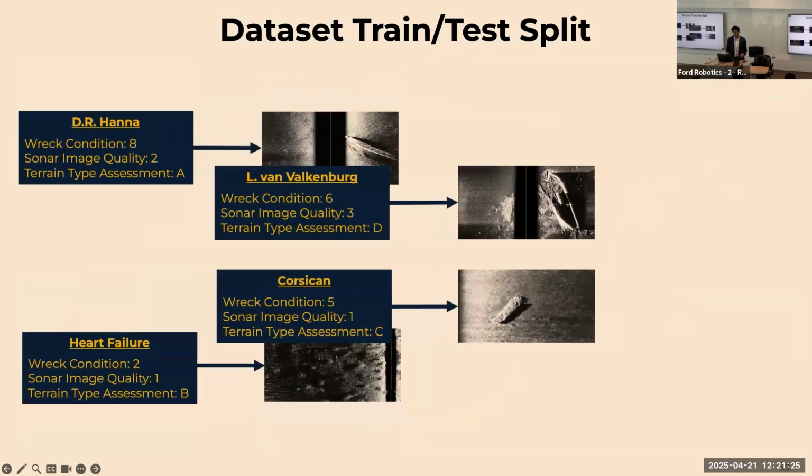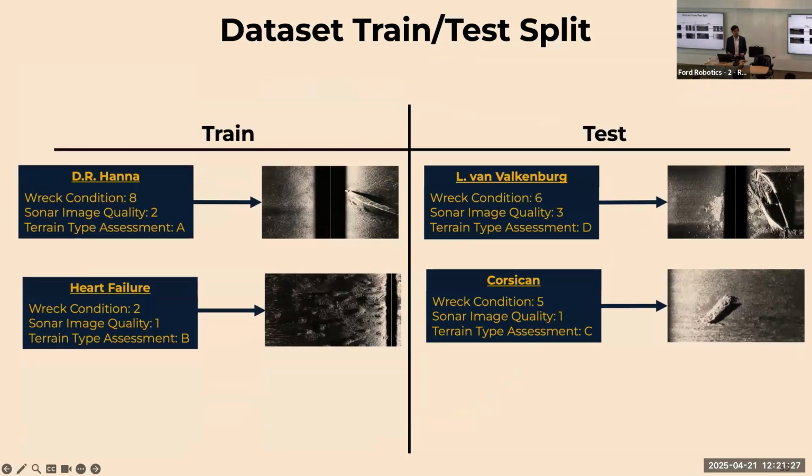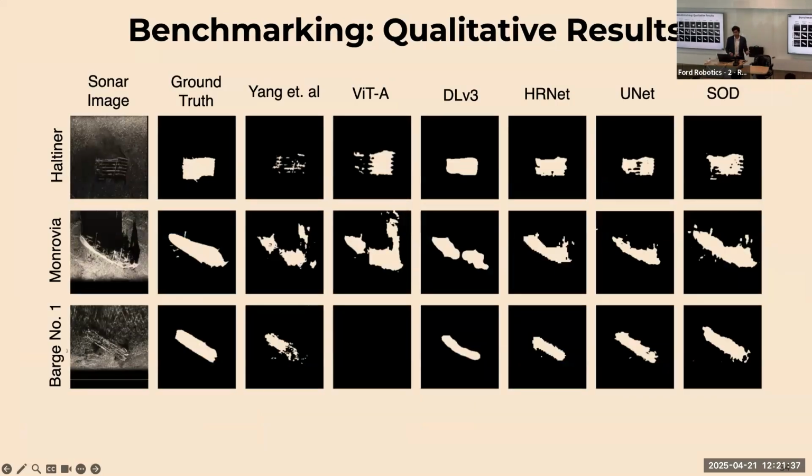After these have been identified, we can split this up into a train and test split, where these various categories are more or less balanced across it, in order to make it more useful to train on one set and actually test on another. Next, I present benchmarking results on a variety of state-of-the-art baselines. We note that many of these shipwreck sites still pose challenges for these methods, which we hope researchers in the future explore in order to improve segmentation on finer features.